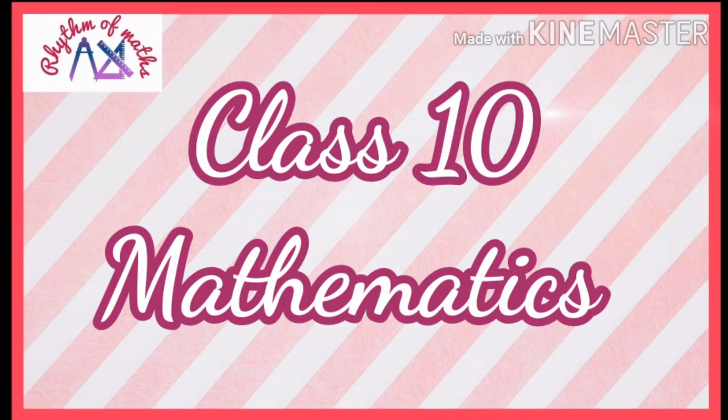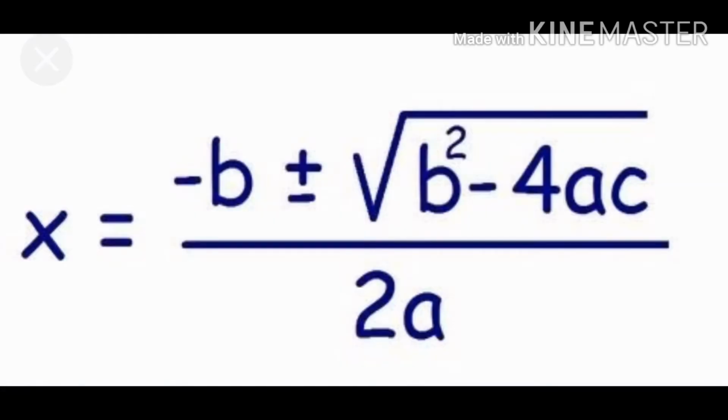In the last video I gave one equation, that is x is equal to minus b plus or minus root of b square minus 4ac, whole divided by 2a, one lengthy equation. But you can use that equation in any type of second degree equation. No need to check whether we can convert that equation into a square completion method, or check for any other method. You can directly apply that equation for any type of second degree equation.